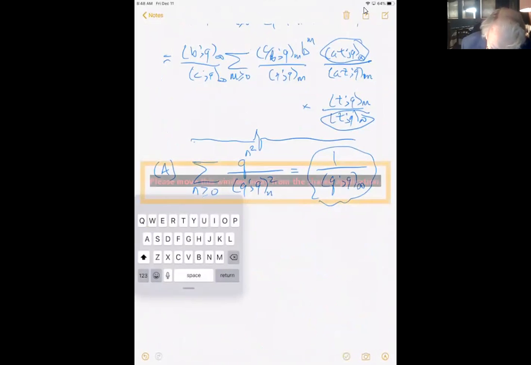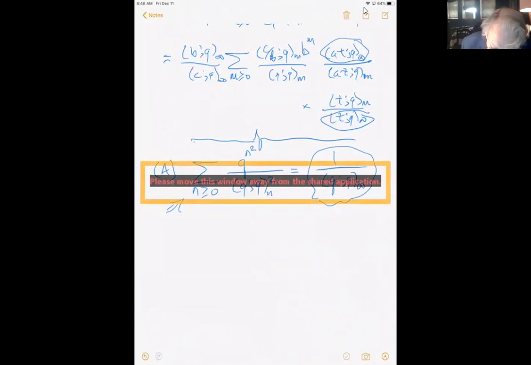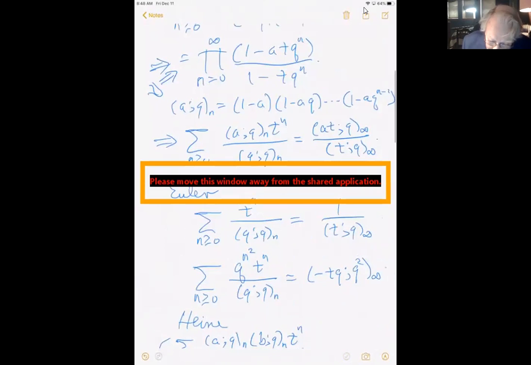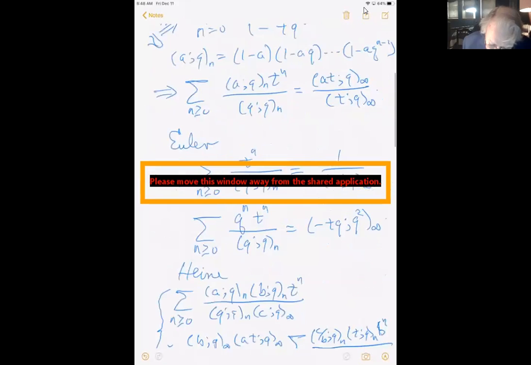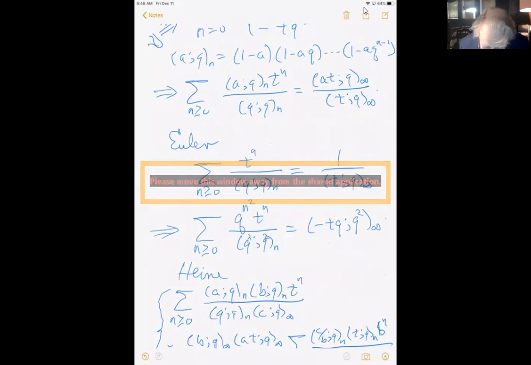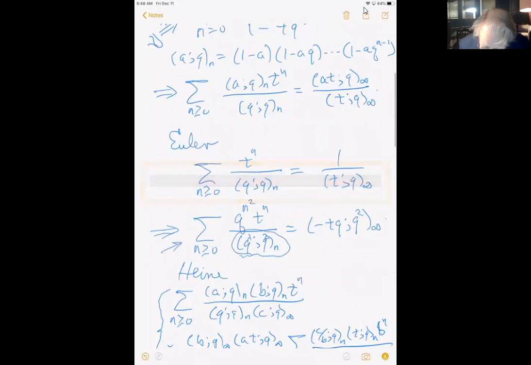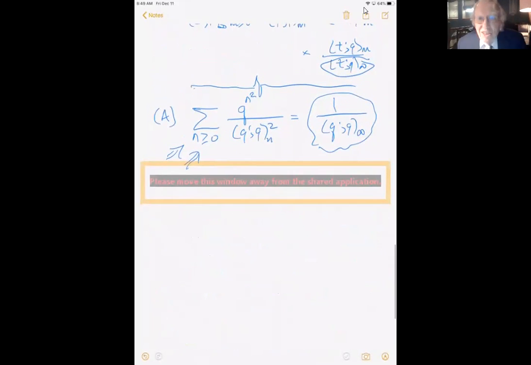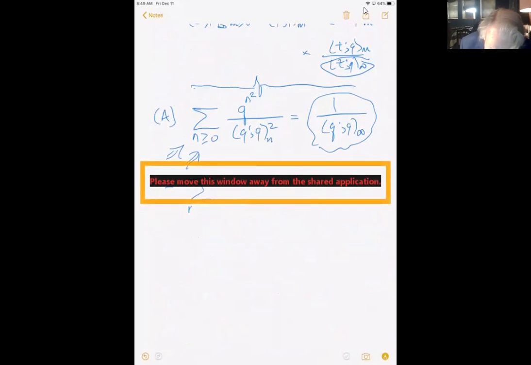This series, if you wanted something to work with this series, what you need is something that looks like this. And sorry, I made a mistake there. They're q squareds in the infinity in this denominator. Consequently, what he would like is a series that has this sort of factor in the denominator. And so just to mess around with this to see what might be possible,